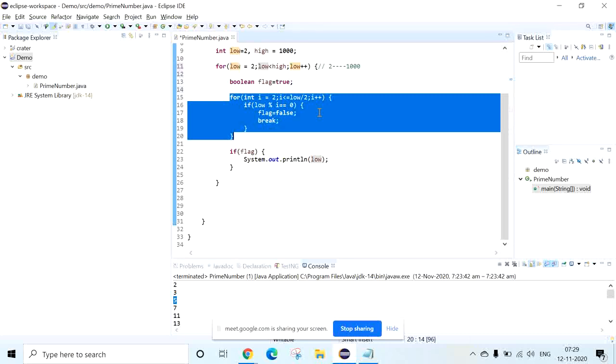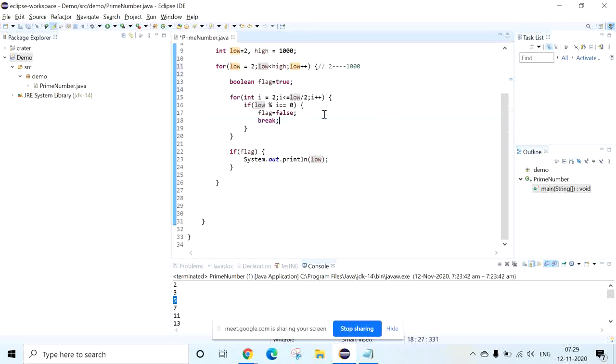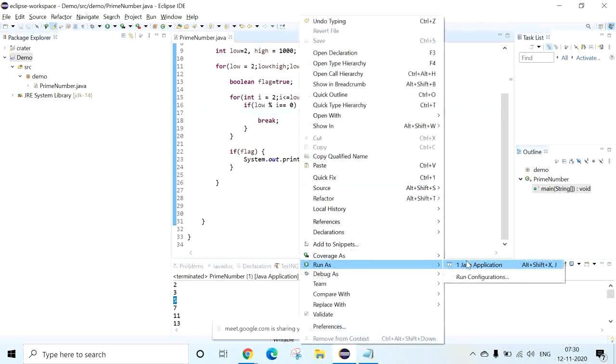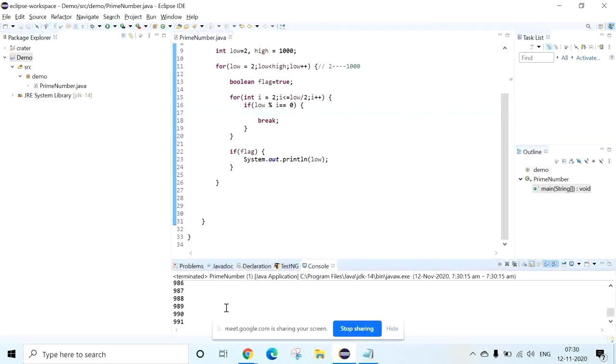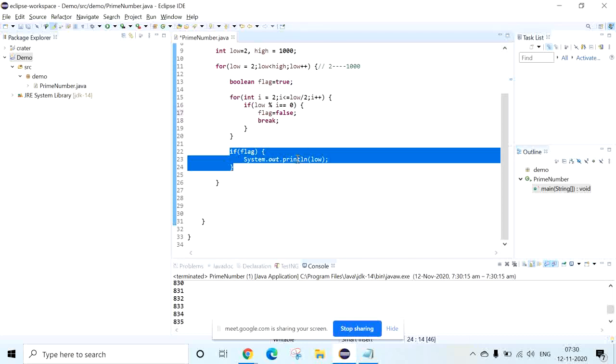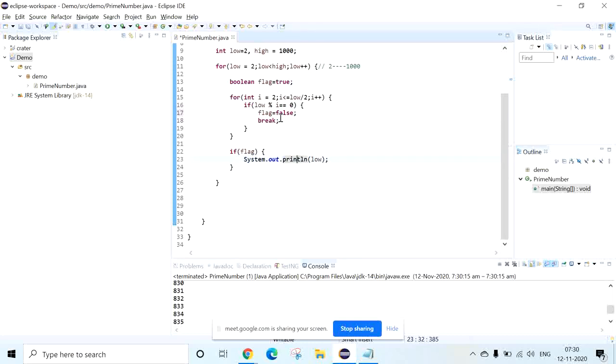Okay, Shiva, why do you have to use the boolean flag? Why is there no need to use flag equal to false? No need, right? So you want me to remove this, right? Then you will come to know. So you are getting all the numbers. Now you know the use of the flag. The flag is going to tell you to check this if condition. So when you remove this, what will happen?